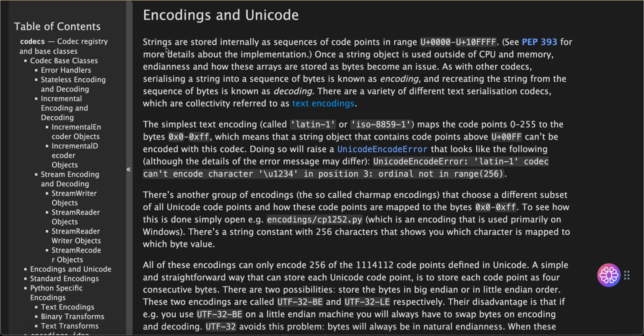Encodings and Unicode. Strings are stored internally as sequences of code points in range U+0000 to U+10FFFF. See PEP 393 for more details about the implementation. Once a string object is used outside of CPU and memory, endianness and how these arrays are stored as bytes become an issue. As with other codecs, serializing a string into a sequence of bytes is known as encoding,